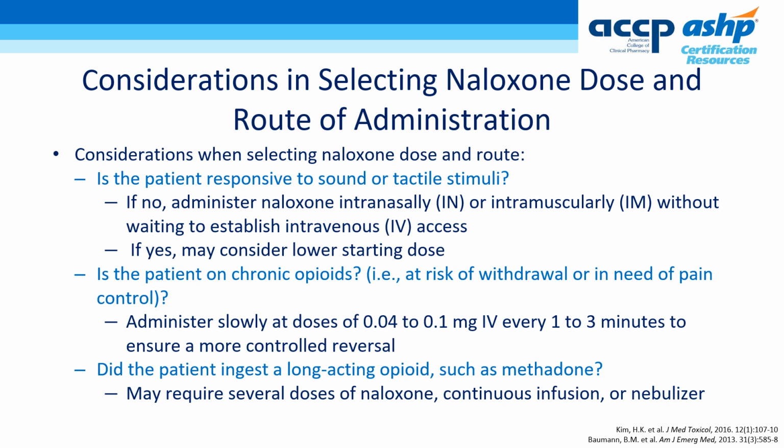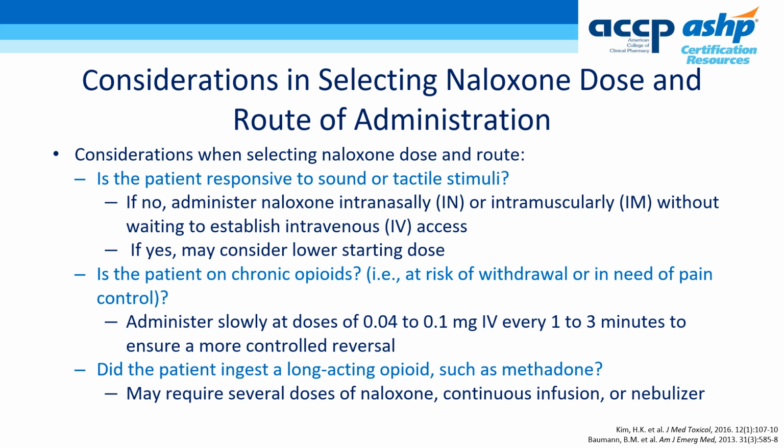This method may also be used if you do not want to fully reverse the opioid, as is the case if the patient is chronically on opioids, or if continued pain control is needed, making full reversal undesirable. To do this, your 1 milliliter of 0.4 milligrams naloxone is diluted in 9 milliliters of normal saline, and then you give 1 to 2 mLs, or 0.04 to 0.08 milligrams naloxone, at a time.